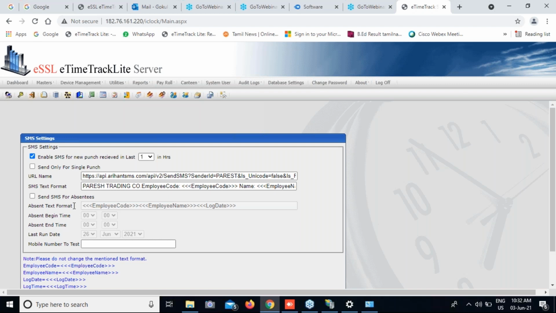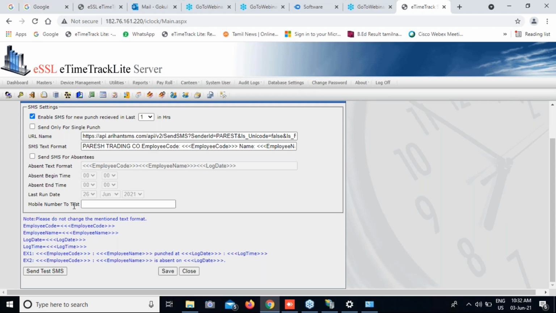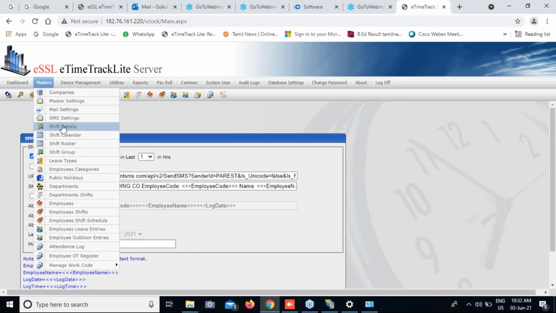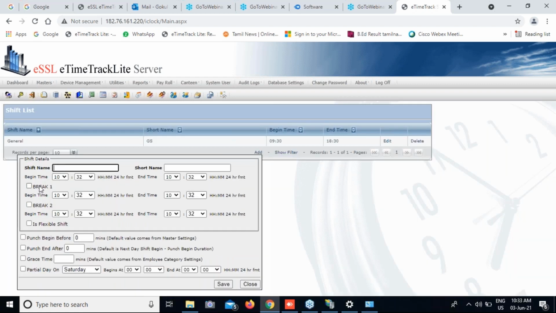Next option, shift details. As I already said, we can create different shifts. In shift details, we can create any number of shifts: shift name, shift short name, begin time, end time. If we have breaks, we can create different breaks, break one, break two. Suppose we have a flexible shift, we can click flexible shift also.